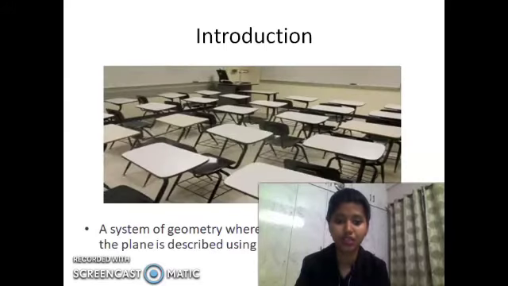Alright, so now look here. If I start with the Cartesian system, look at this diagram. I want to find the position of this particular chair. To find this chair's position, I can use a term: it is situated in the third row, first, second, and third row. But the problem is, in the third row we have other chairs also. So this is not the exact position for this particular chair.